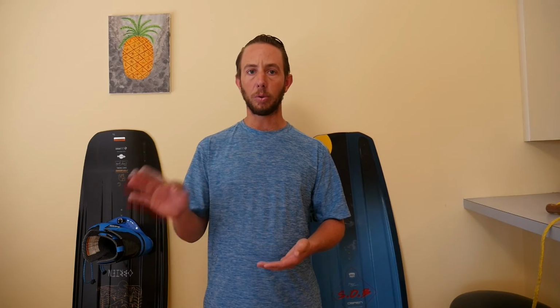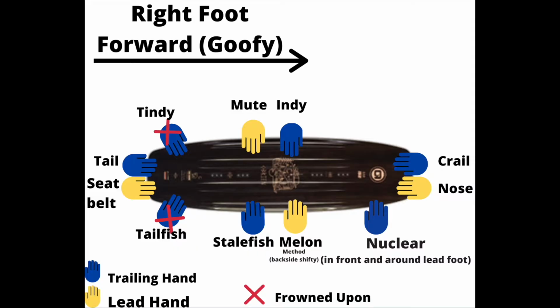Now let's talk about grabs. So for the grab this, we're going to go through all the names when your right foot is forward. We'll start with our trailing hand, work our way clockwise, and then we'll do the same for our lead hand, starting from the top. When you grab the toe side edge of your board with your trailing hand, it's called